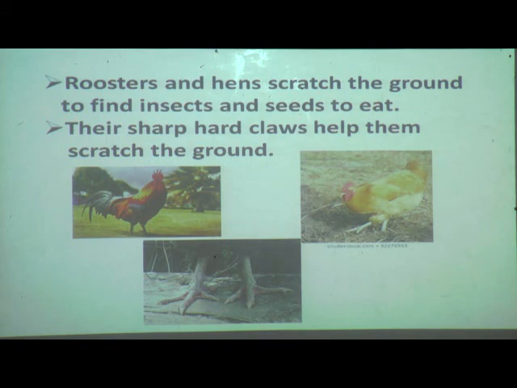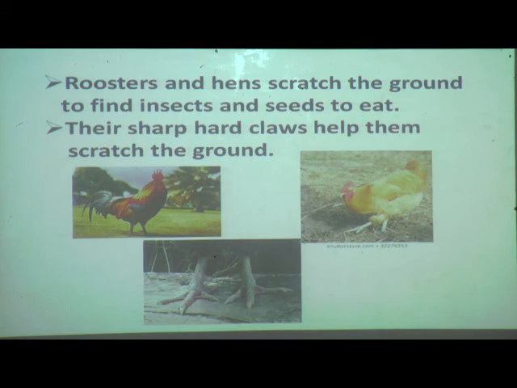And what do they have? They have sharp claws to dig out insects and worms from the ground. And they have strong legs, and the feet have 4 toes only, 3 forward and 1 backward, equipped with strong claws.